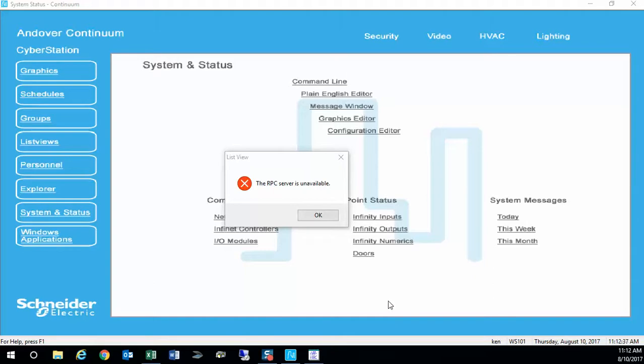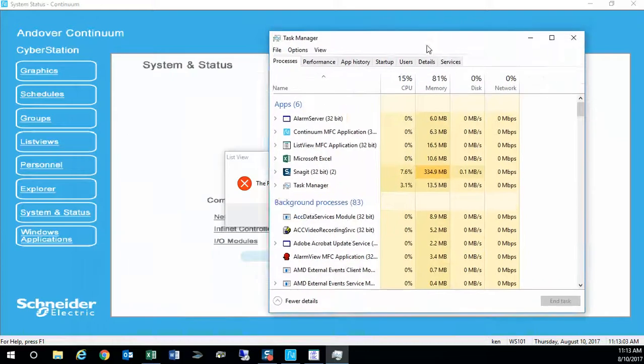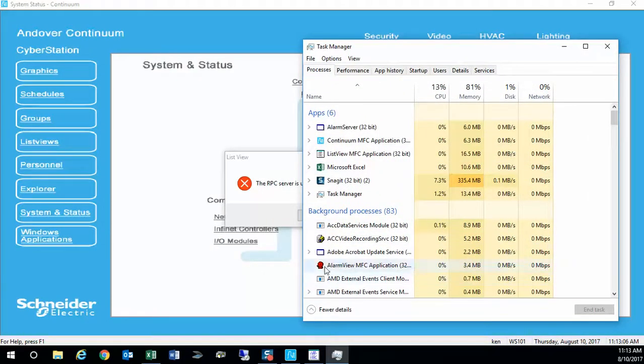So let me walk you through this. What you typically do is a Control Alt Delete set. It brings up your task manager. If you push Control Alt Delete down at the same time, that'll bring up your task manager. And what you will want to do is go to, I think this is Windows 10, Details